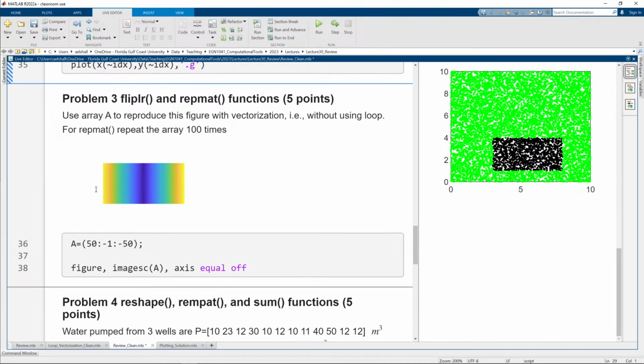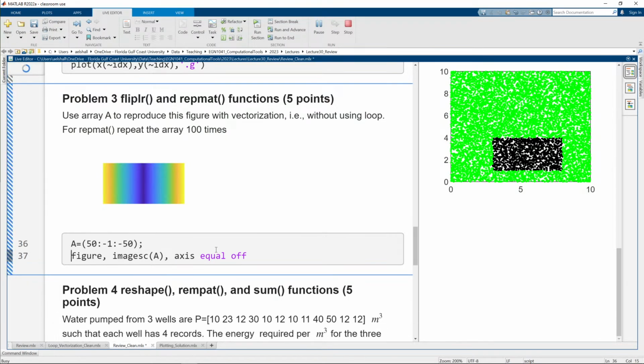So this one is easy. Like I'm saying, you use the array A to reproduce this figure with vectorization without using a loop. For repmat, repeat the array 100 times. So let me just show you how this array looks. If we just plotted this, that's array A, from minus 1 to minus 50,